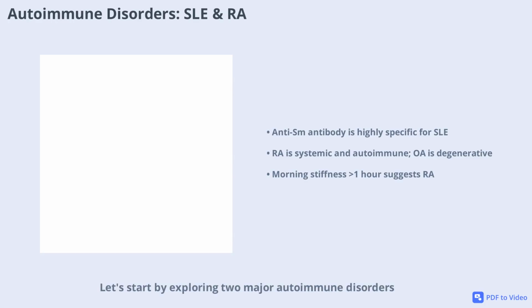Let's start by exploring two major autoimmune disorders: systemic lupus erythematosus (SLE) and rheumatoid arthritis (RA). SLE is a complex systemic autoimmune disease that can affect multiple organs, often presenting with joint swelling, pain, and characteristic facial rashes. When diagnosing SLE, the anti-Smith (anti-Sm) antibody test is the most specific, as it is found almost exclusively